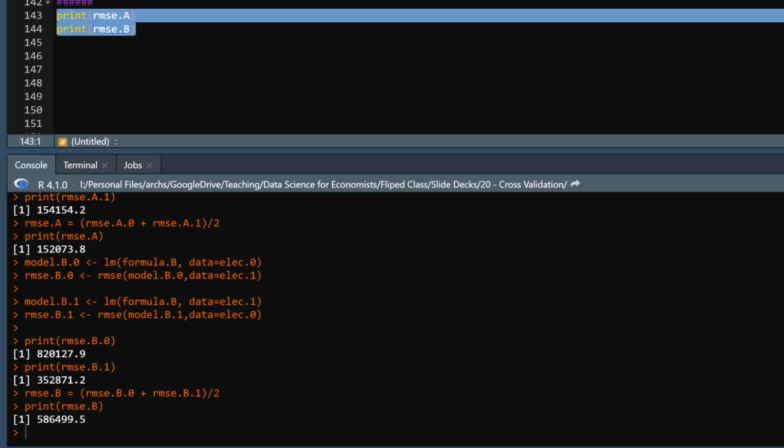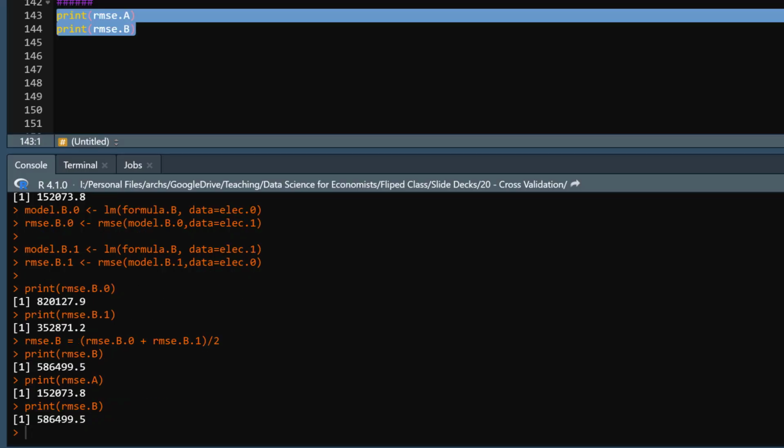Let's compare that to the root mean square error we got from model A. I'll just print out both here. You can see that the root mean square error here for model A is much smaller than model B. This is in stark contrast to what we saw when we evaluated the models in sample, and this is really strong evidence that the model in model B is overfit on the data. This would make me very worried that I would get very poor forecasts if I was using model B to